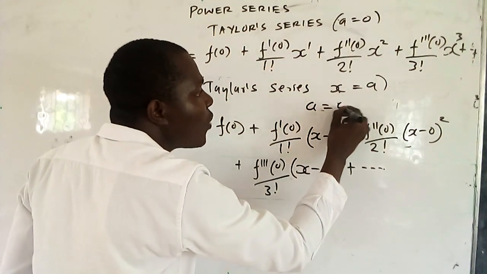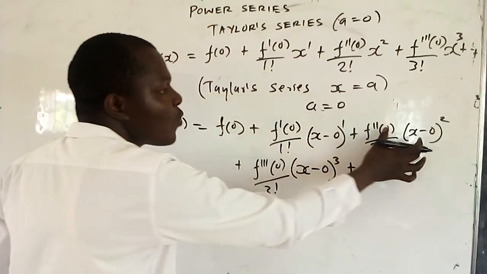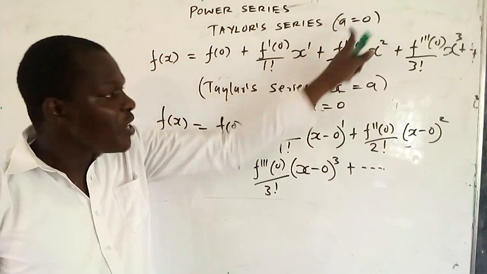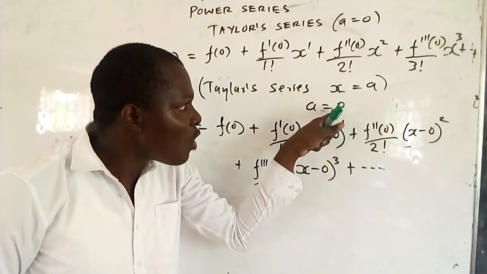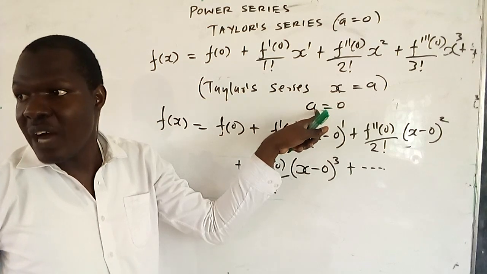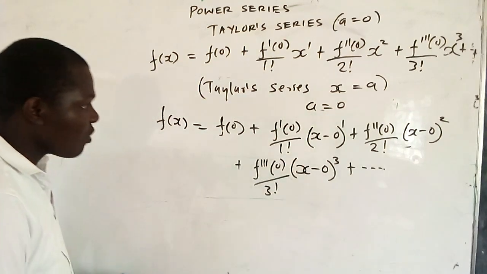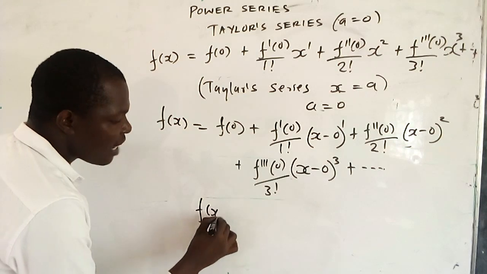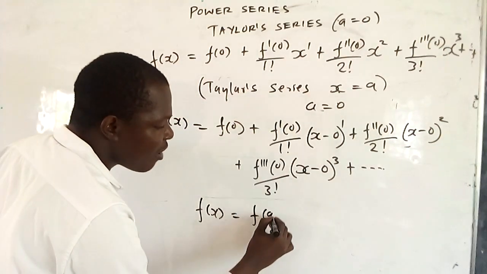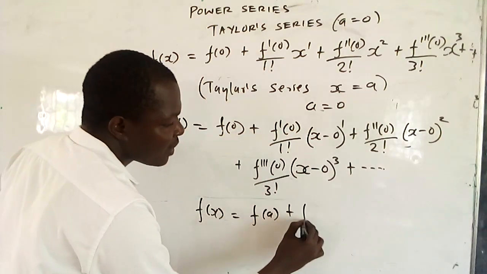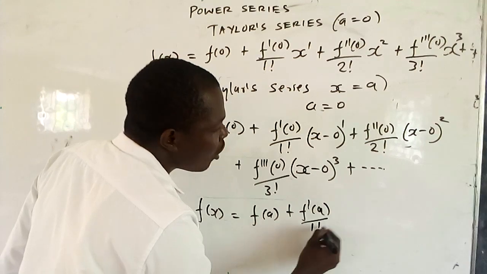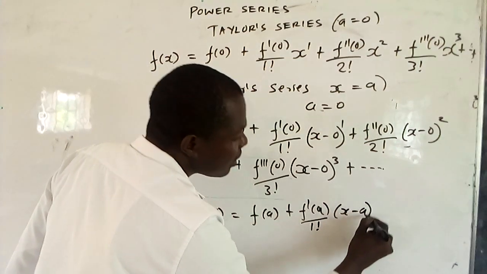But we know we are using a series. This series we are using was a series when a is equal to 0, isn't it? So anywhere you see 0, you now put back the value of a. Yes. Anywhere you see 0, you put back your value a. So if you put back your value a, what do you get? You get f of x, where there is 0, you put back your value a. It will be f of a plus f prime of a over 1 factorial, then x minus